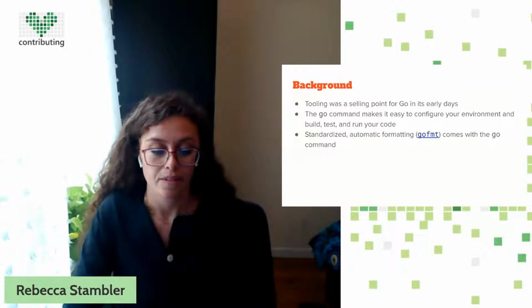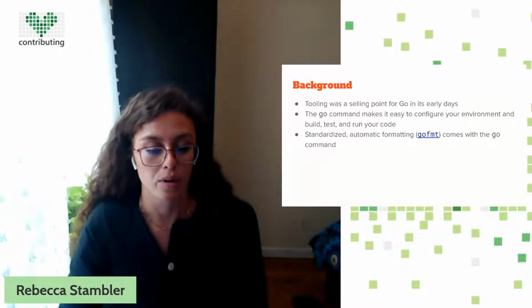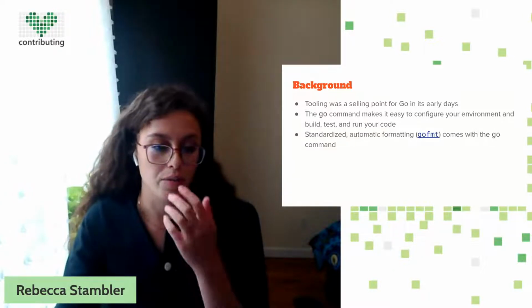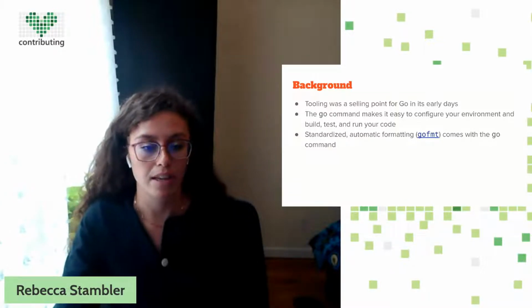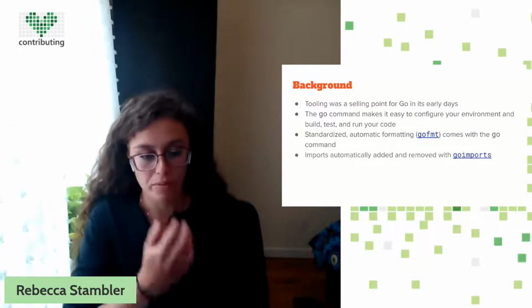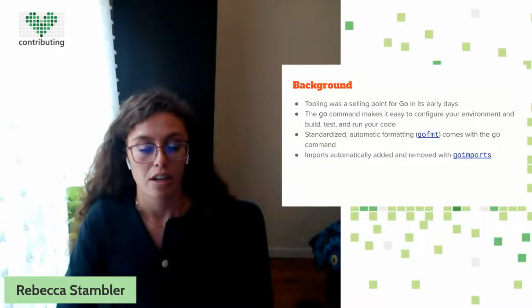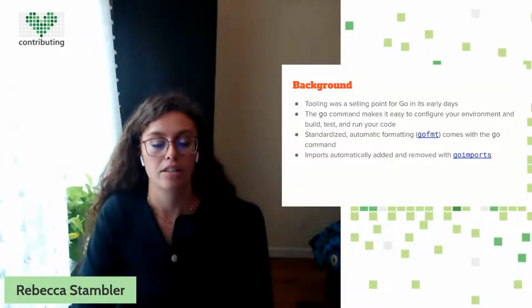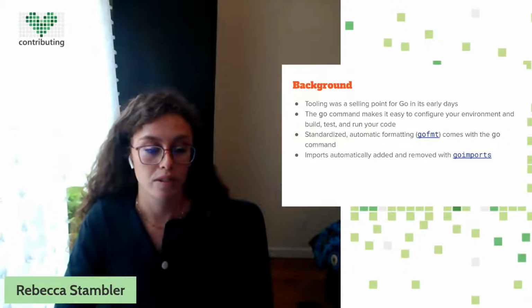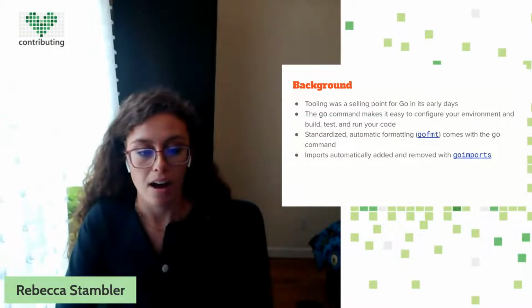And now I think it's really popular for all tools to have formatters and import organization tools. But Go is one of the more early languages that were adopting this kind of strict formatting requirements. And similarly with what I just mentioned, import modification, Go has a command called goimports, which basically will automatically add or remove imports in your program. And this is also a fairly new thing when it was coming out.